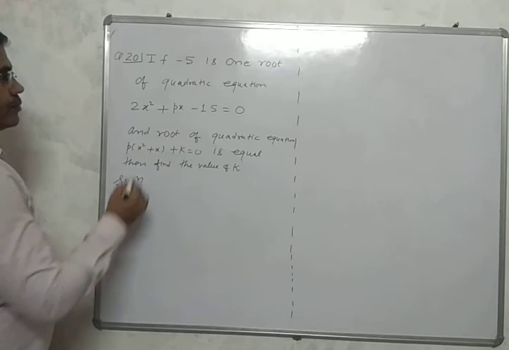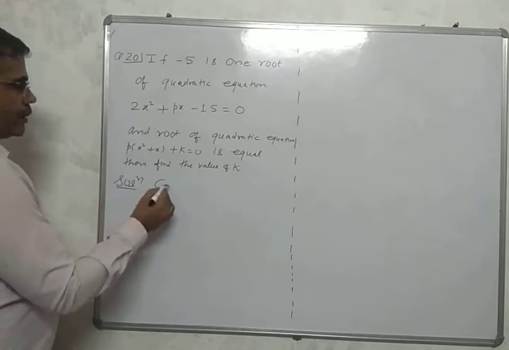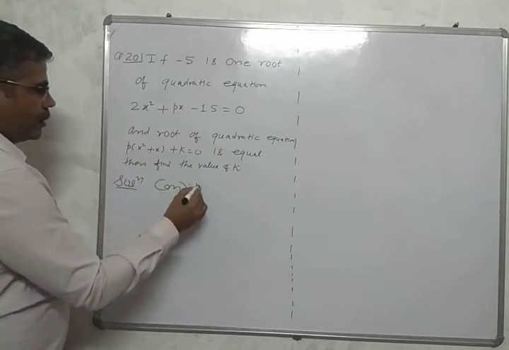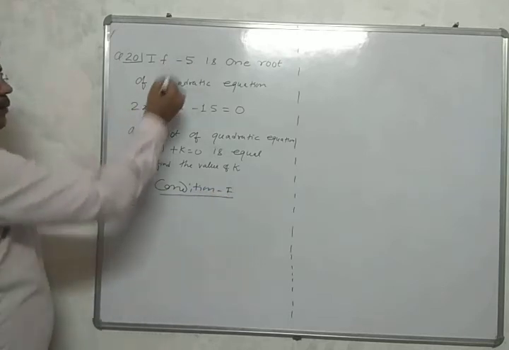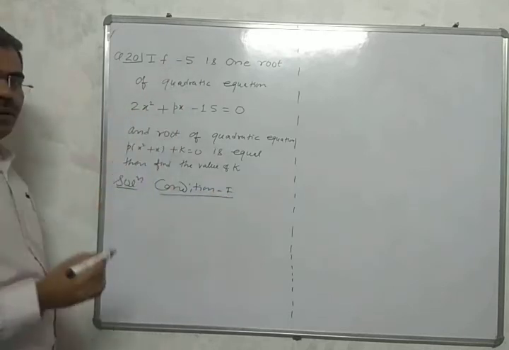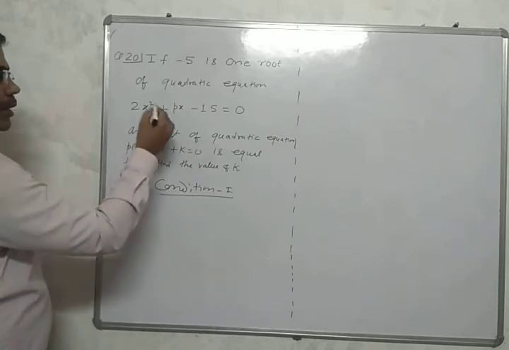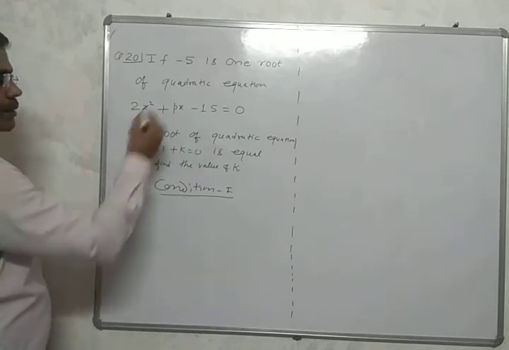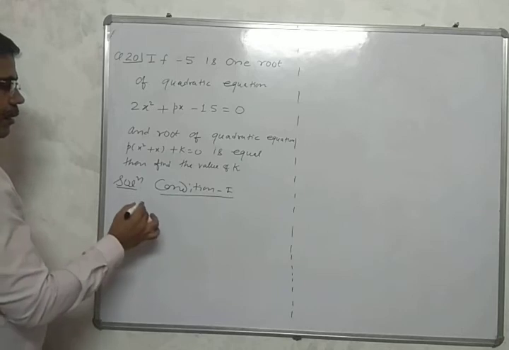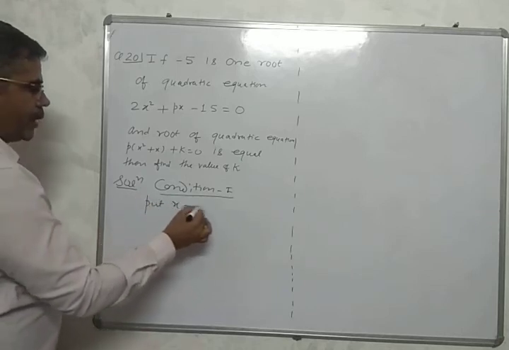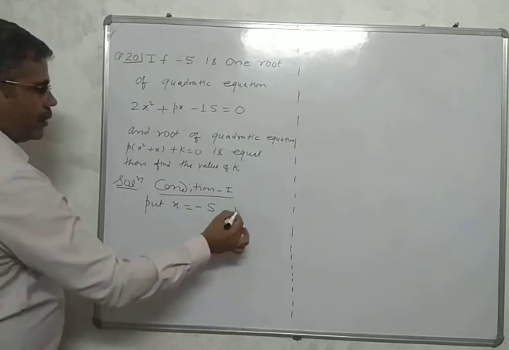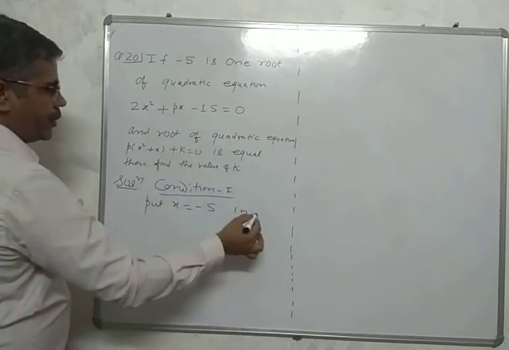First condition: minus 5 is a root of the given equation. We know that roots of an equation always satisfy the given equation. So we put x equals to minus 5 in the given quadratic equation